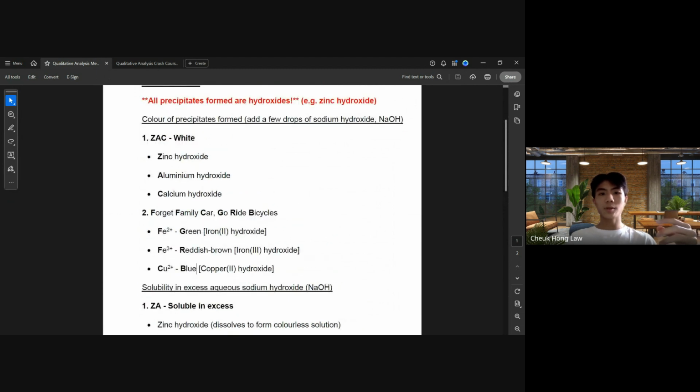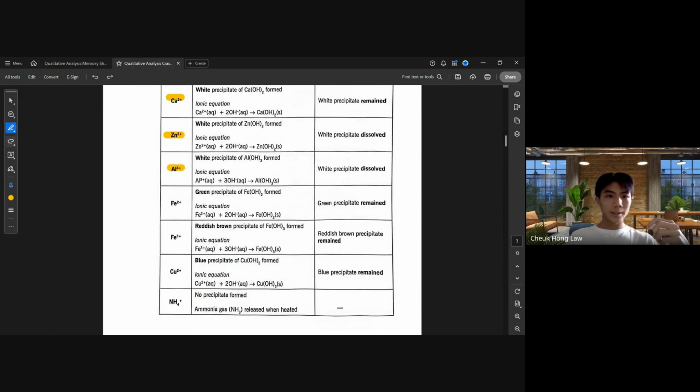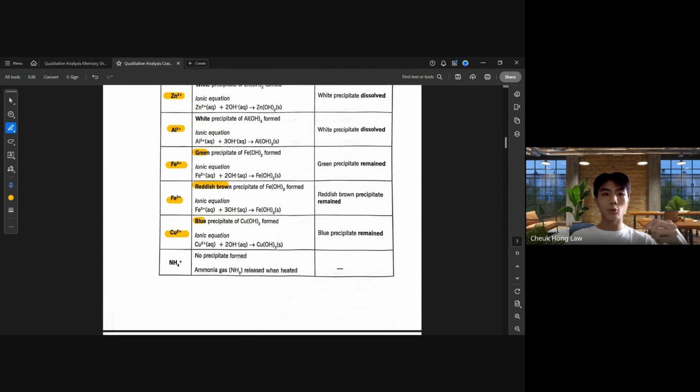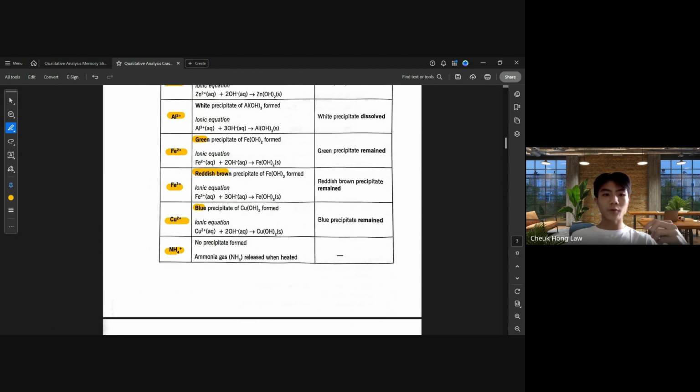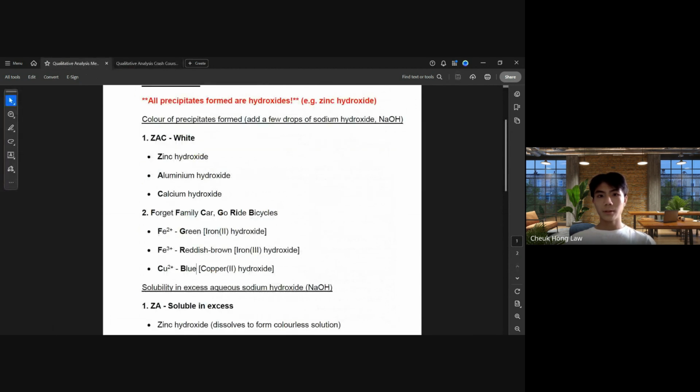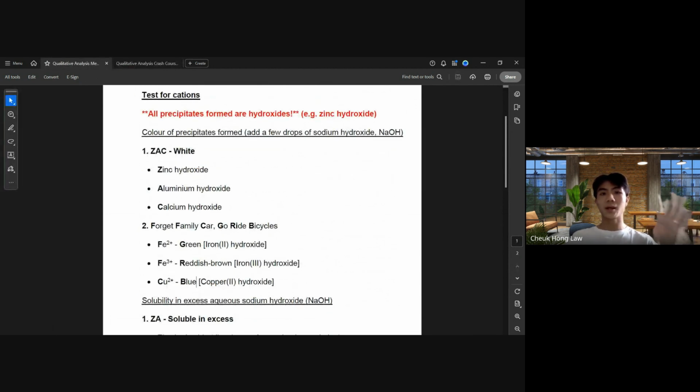So that's all you need to remember for the color of the precipitates. As you can see, Fe2+ will be green, Fe3+ is reddish brown, Cu2+ is blue. As for NH4+, the ammonium ions, there will be no precipitate formed, but there will be ammonia gas released. So you just need to know that ammonia gas will be released. That is the first observation, the color of the precipitate when you add a few drops of sodium